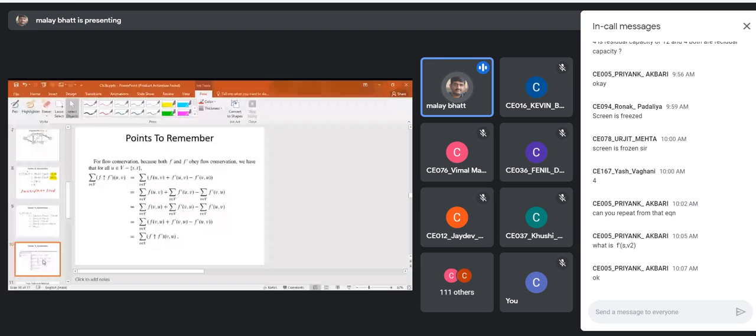So what this indicates: f(u, v) is the outflow from the node u. What is the flow conservation?